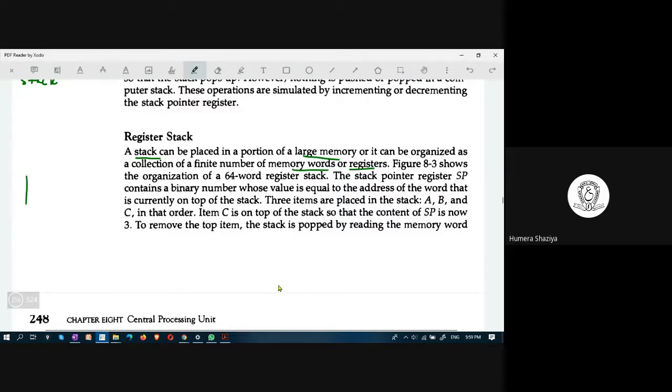Anything which has the property of last in, first out can be a portion of memory, a memory, or registers.